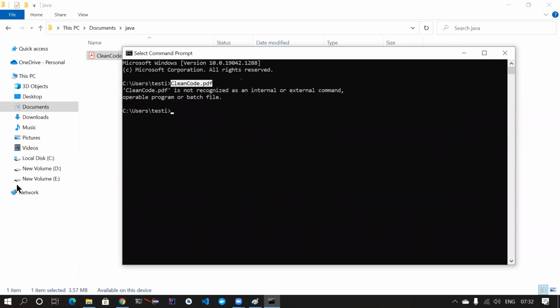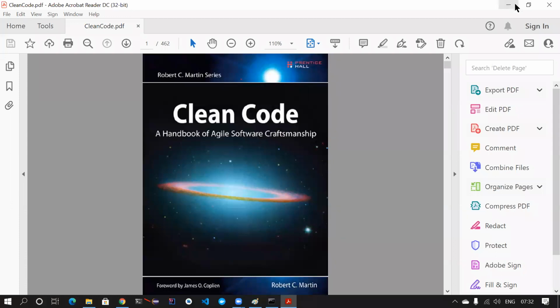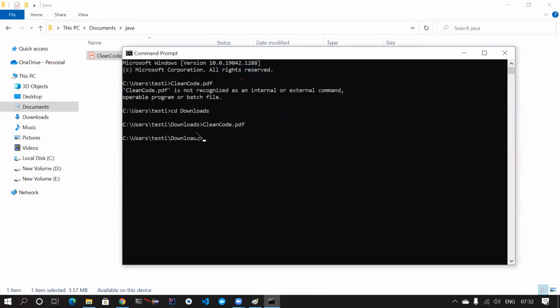Then what you can do is, instead of manually going inside downloads and then typing clean code.pdf, instead of doing all these things, I want to access this in any place. I don't mind across my application, across my machine, I have to access this clean code.pdf. In that case, you can go here,